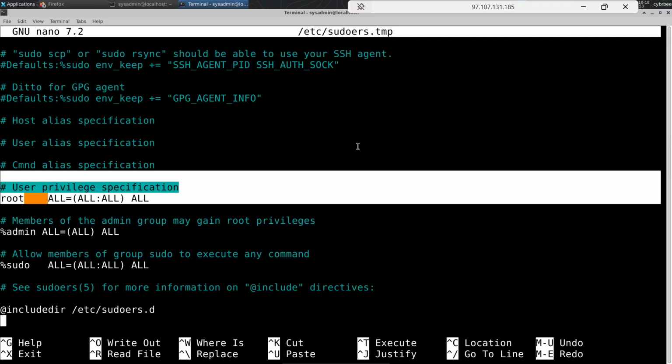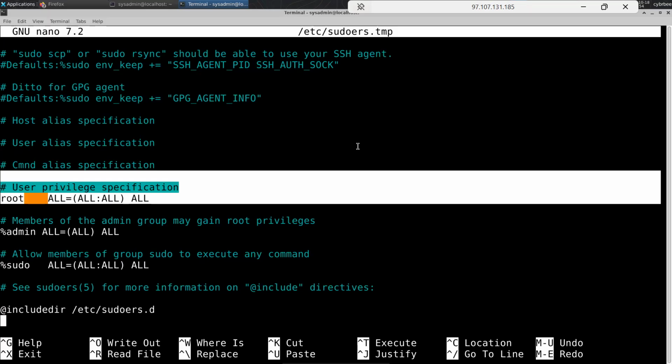So the first one is the host. It is normally set to ALL, but we can change it if the administrator wants to limit which machines can use this file. And for the second ALL,